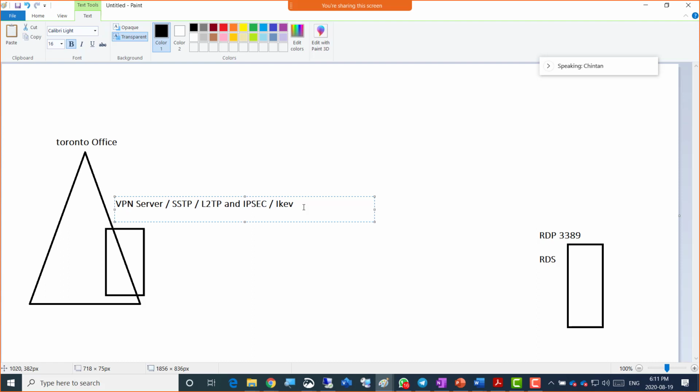Yeah, there is that PPTP as well, exactly. Point-to-Point Tunneling Protocol, Secure Socket Tunneling Protocol, Layer 2 Tunneling Protocol and IPsec, and then IKEv2 for portability as well. The thing is that you would be going for either SSTP or L2TP/IPsec, or IKEv2, which also uses a security certificate there